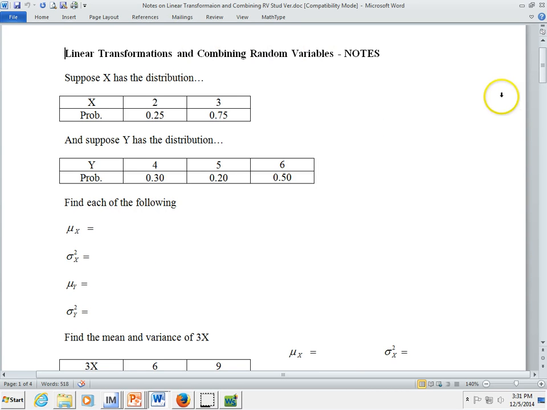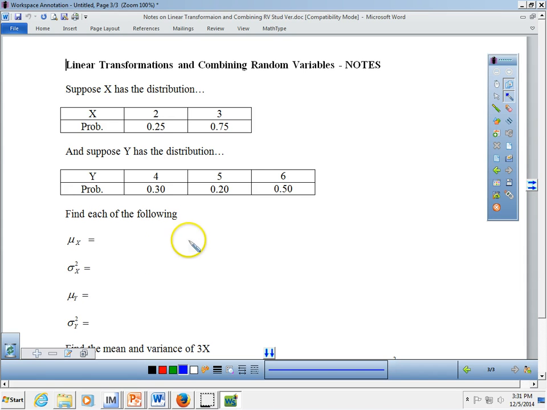And then we can talk about what happens to those calculations as we do different things to our random variable: multiply by a constant, add a constant, things like that. So we're going to find the mean, the standard deviation, and the variance. So again, quickly, you can type x and y into two lists,